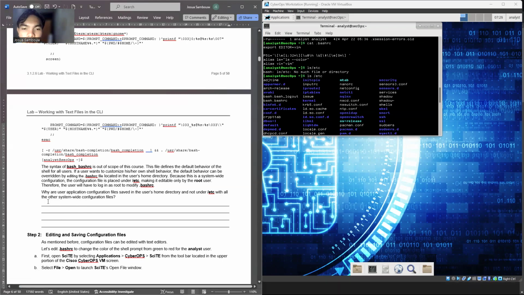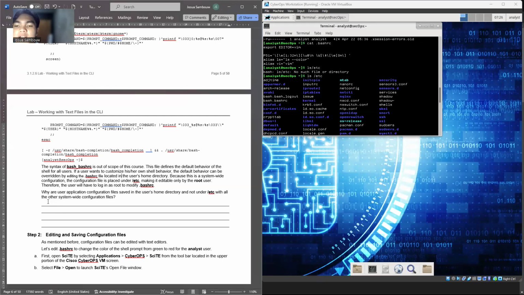Okay, nah di sini pertanyaan kenapa? Why are user application configuration files saved in the user's home directory? Karena di sini dalam sistem ini kalau kita lihat kan jaringannya ini berbagi. I mean like it shares in the system. So for the security reason, that's why it's just saved in the user's home directory, atau hanya tersimpan pada home directory-nya pengguna gitu.